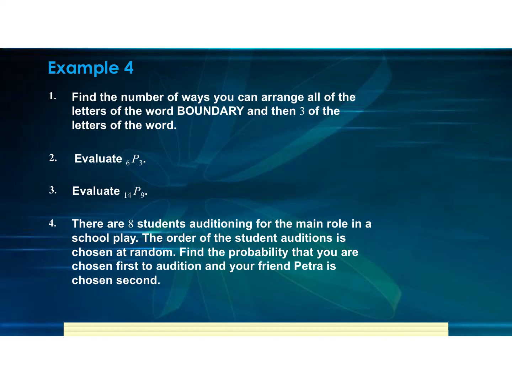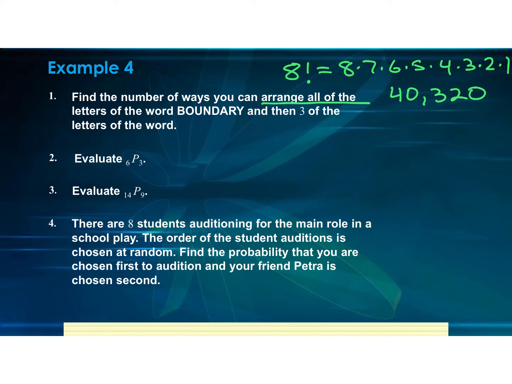All right, so it says find the number of ways you can arrange all of the letters in the word boundary and then 3 of the letters of the word. So this is 2 different parts. So for all of the letters, I'm going to count how many letters are in the word boundary, and that's going to be 8. So I'm going to be doing 8 factorial for all of the letters, and that's going to give me 8 times 7 times 6 times 5 times 4 times 3 times 2 times 1. So if you're not able to find the factorial button on your calculator, you're just going to do the multiplication. It's easy enough. This gives you